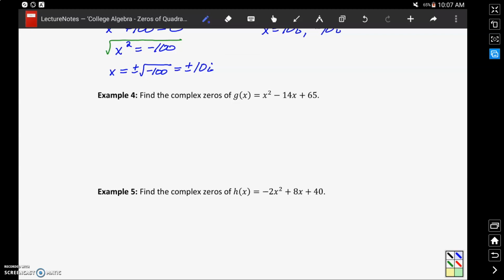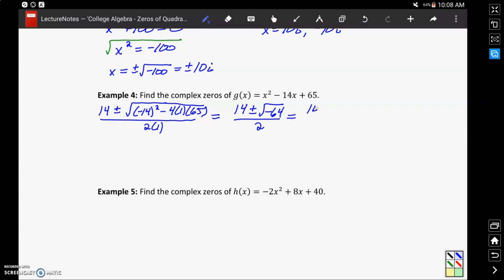In example 4, since we have a trinomial, we have to apply the quadratic formula. So this would be 14 plus or minus the square root of negative 14 squared minus 4 times 1 times 65, all over 2 times 1. This would simplify down to 14 plus or minus the square root of negative 64 divided by 2, or 14 plus or minus 8i